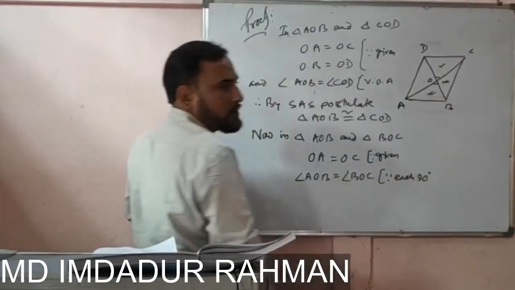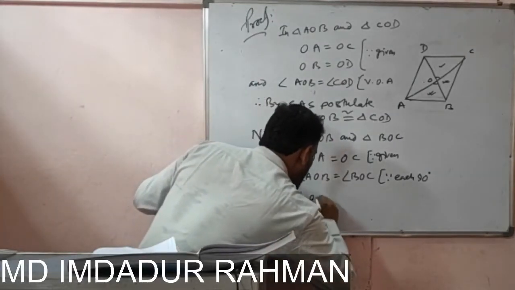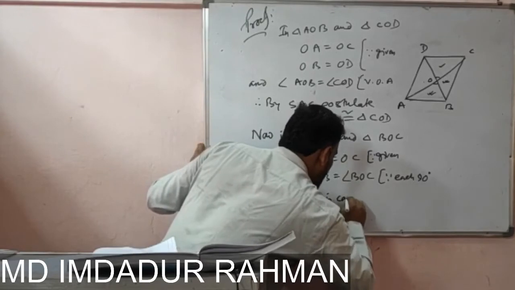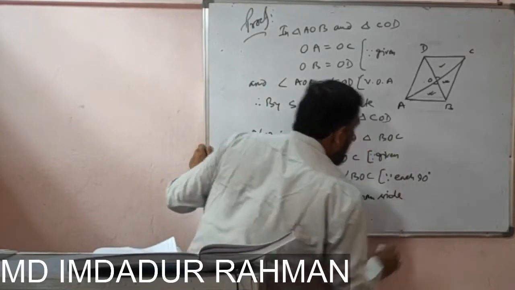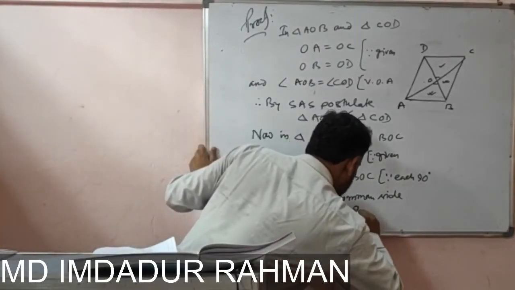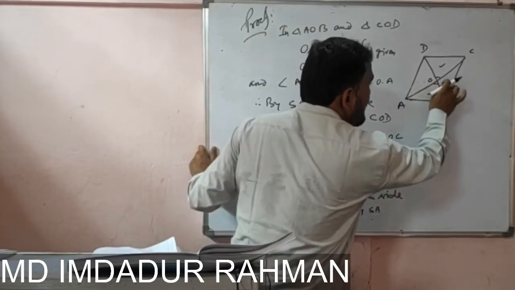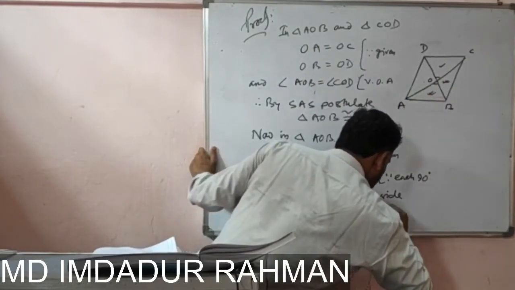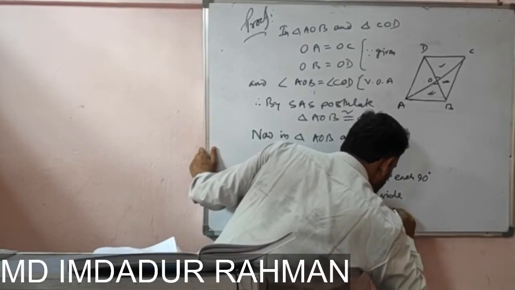OB is the common side. So therefore by side angle side, SAS postulate,